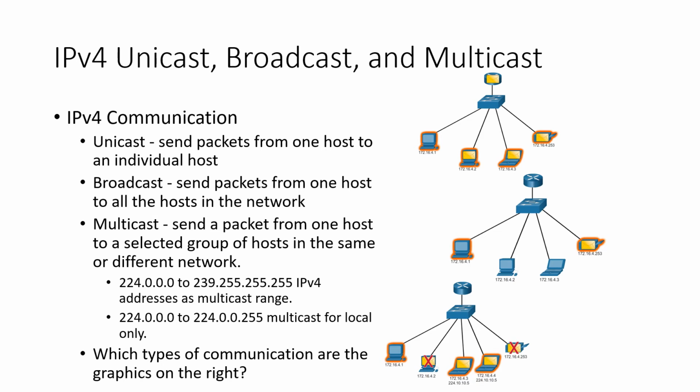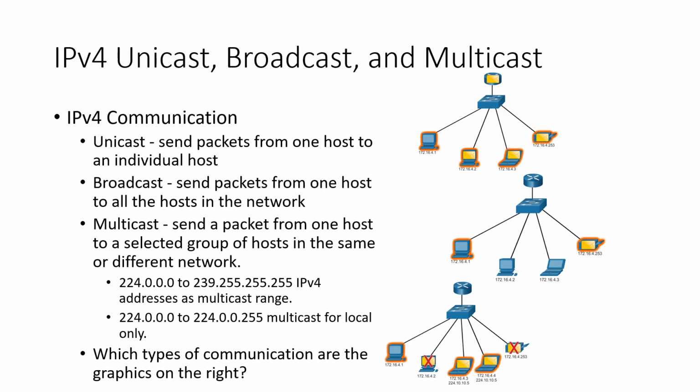So IPv4 communication: a unicast sends packets from one host to an individual host. Broadcast sends packets from one host to all the hosts in the network. Multicast sends a packet from one host to a selected group of hosts in the same or different network. Okay, so you have, say for example,